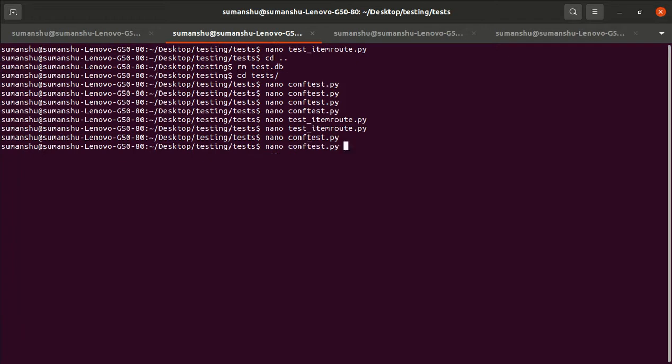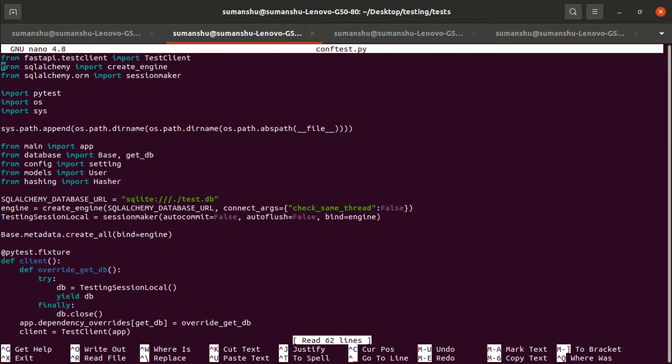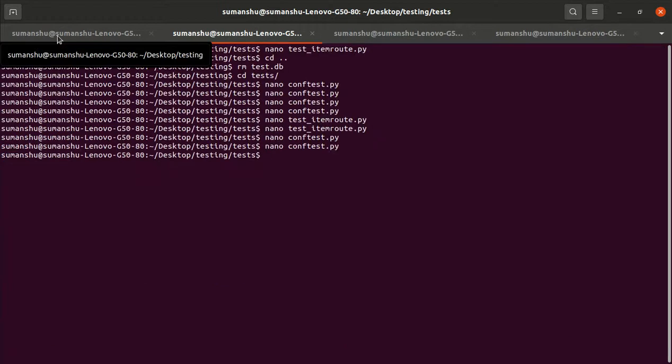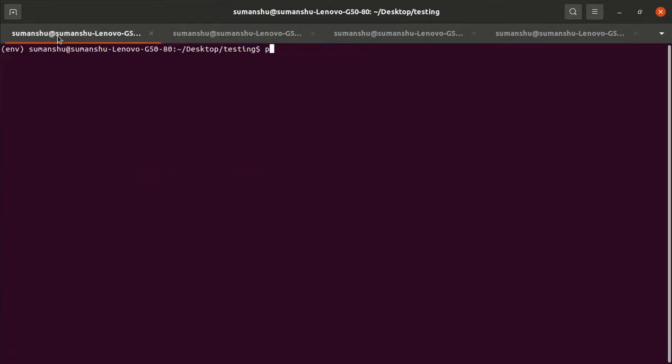Okay, so I made one blunder, and the blunder was a spelling mistake here. In the return, the spelling of the authorization was wrong. The spelling of the authorization should be correct. That's why the test case was failing. So if I now run my test case,